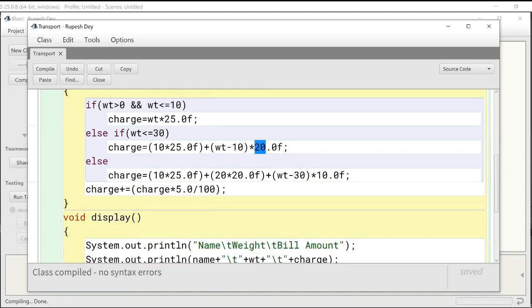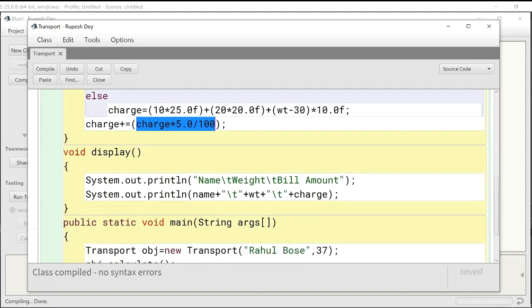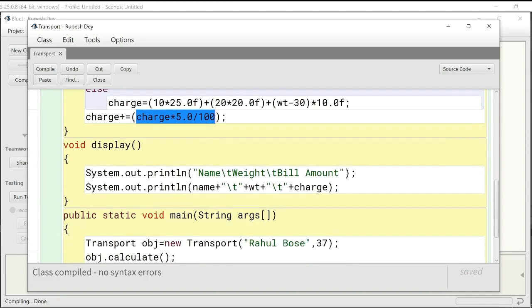And if it is above 30, that means we have 10 plus 20. So for 10 kgs per kg 25 rupees, for 20 kg per kg 20 rupees, and for the remaining weight minus 30, per kg 10 rupees. So this way we are finding out the charge, and then at last we will add a 5% surcharge. So charge into 5 by 100. This will calculate the surcharge, which will be added to charge. That's why charge plus equal to. And then in display we are displaying.